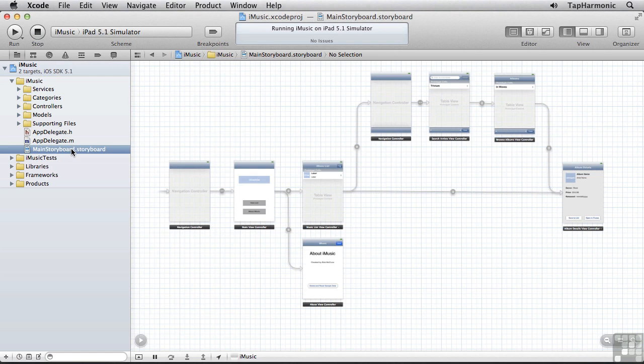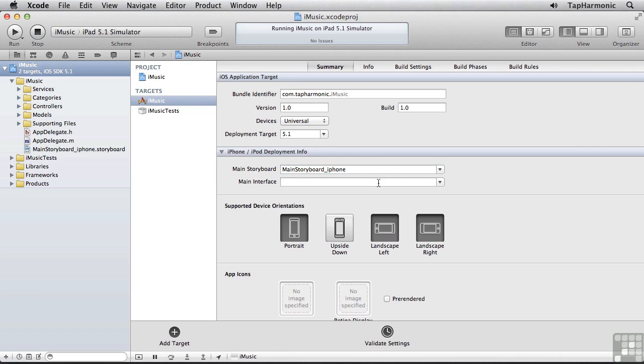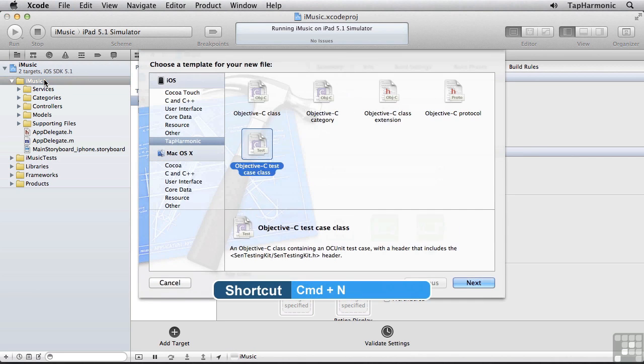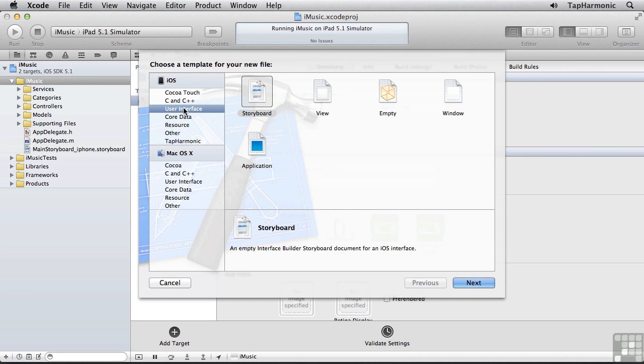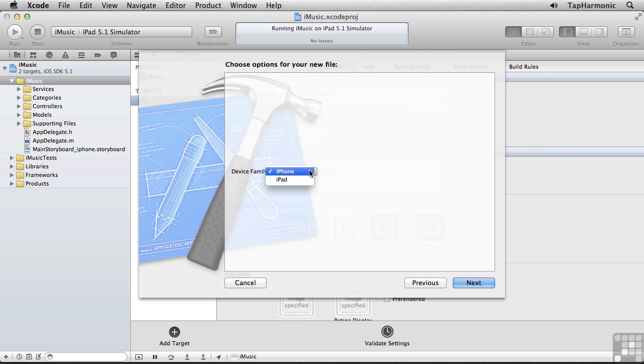Let me first rename our existing storyboard, and I'll call this main storyboard _ iPhone. And I'll change the iPhone configuration to point to that. Let's highlight iMusic, and I'll type Command N, switch to User Interface, select Storyboard, and for the device family, select iPad. Click Next,